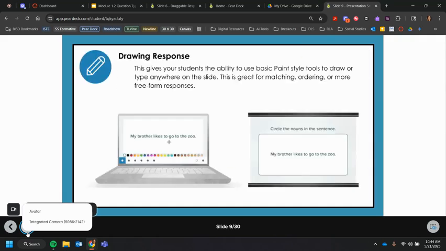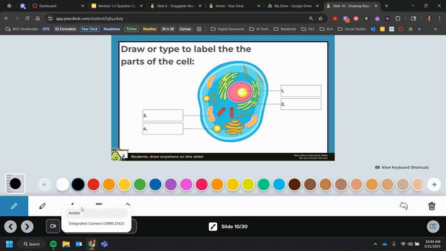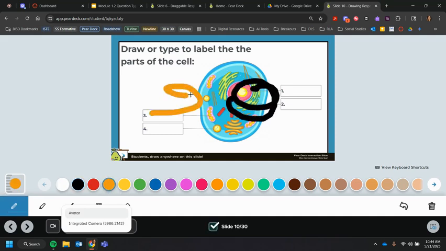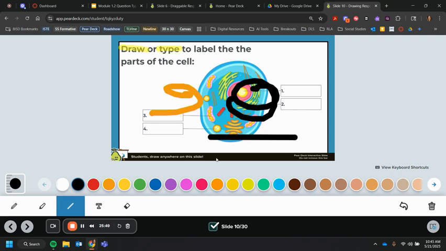All right. So a drawing response, now that we're live, you'll see the students have access to draw on the slide. They can choose from a variety of different colors. They can highlight, maybe if I wanted them to choose the important verbs or something like that in the question. They can draw lines, and again, those can be different colors